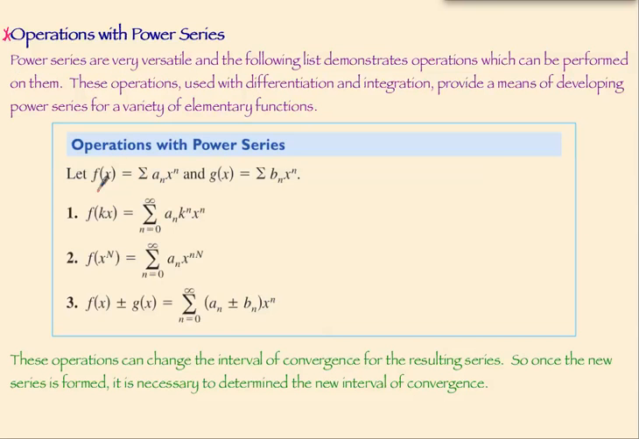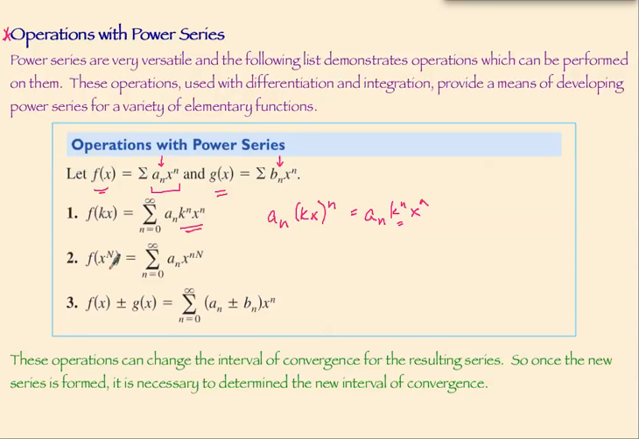So notice that if we start with f of x being this power series and g of x being this power series, f of kx would mean when we take our a sub n term, we would rewrite it as a sub n times kx to the n, which would actually be a sub n, k to the n, x to the n. So putting that constant in front of the x term just rearranges the general term in that way,